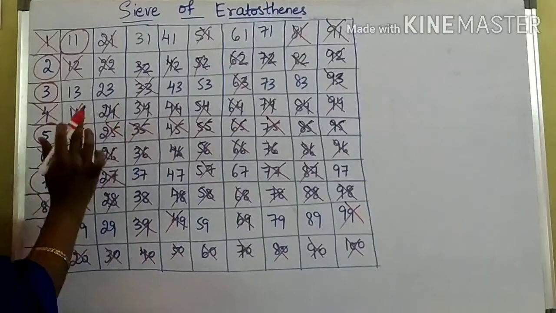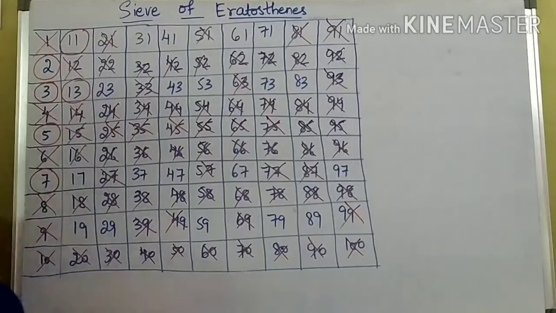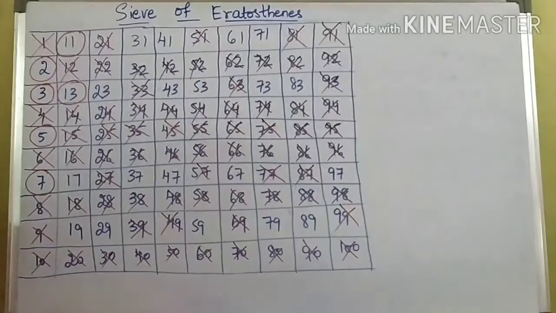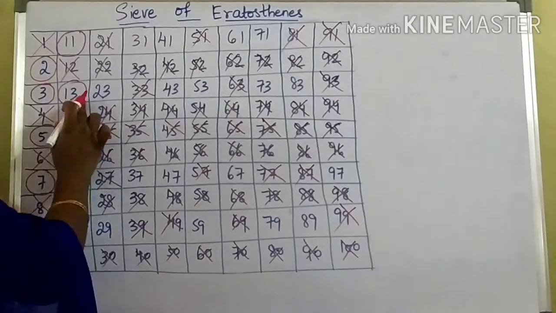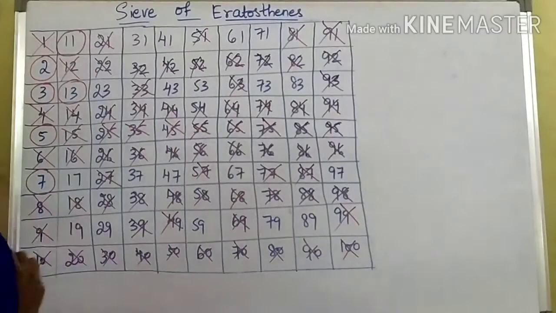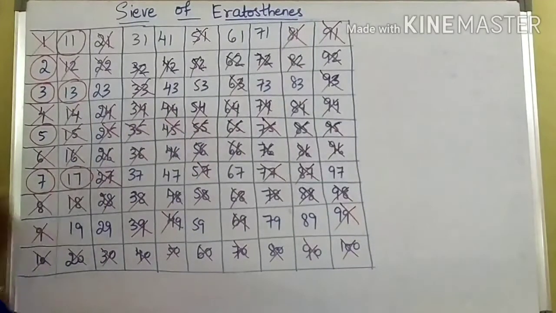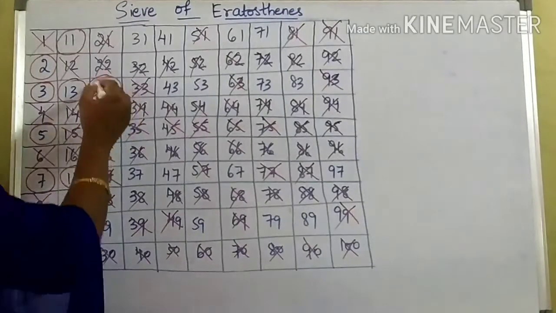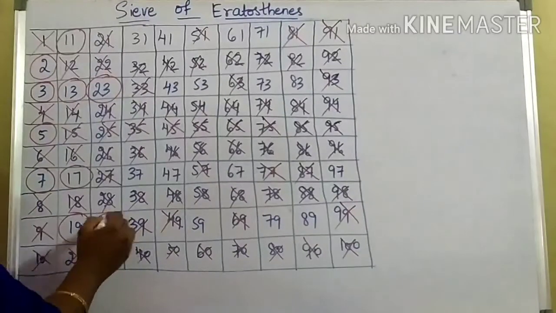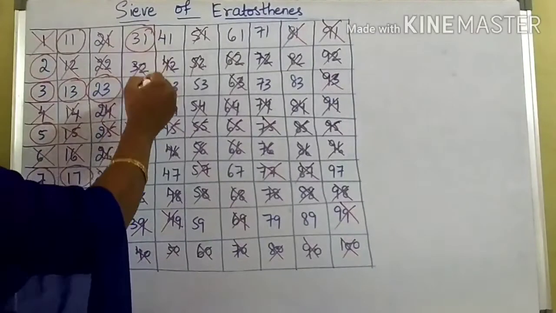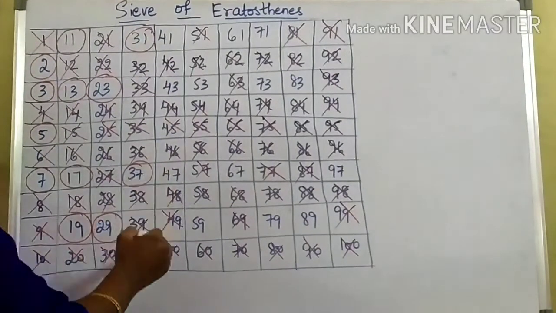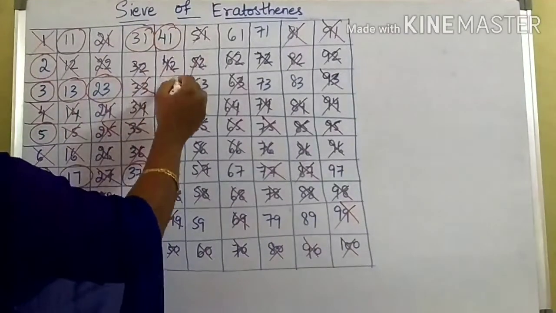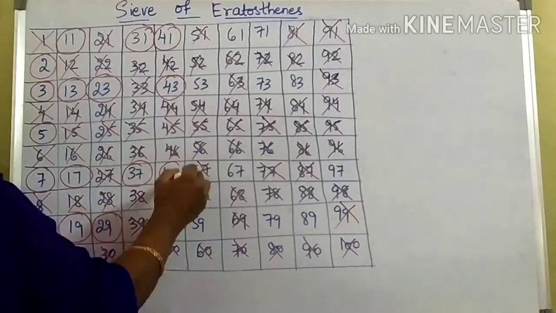Next, 11 over, 13. We will see 13. 13 is a prime number. You know the 13 table. So what numbers are left over? Now 13 is encircled, and all the multiples of 13 are crossed out. Next, what is left over here? 17 and 19 are prime numbers. 23 is a prime number. Next 29, next 31, 37, 41, 43, 47,